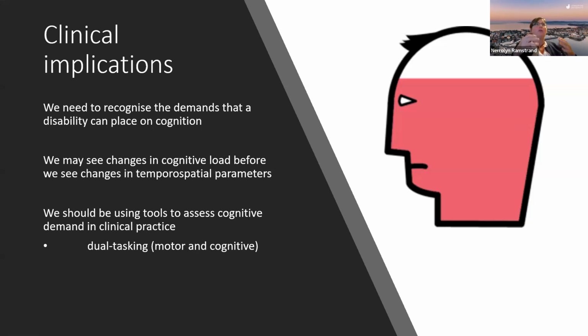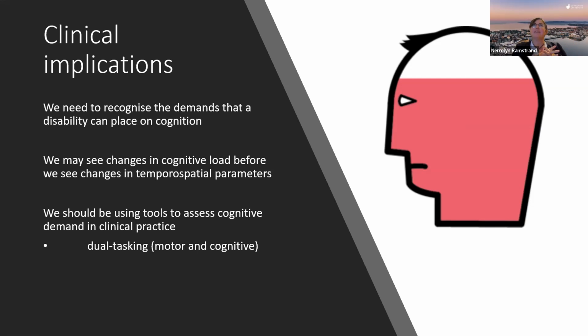And what we're not quite sure yet is what the effect of choice of dual task might have on cognitive load, because it's probably using different parts of the brain. And there has been a little bit of work done in this area to suggest that the type of dual task does matter. But I'm afraid I can't give many more tips than that.